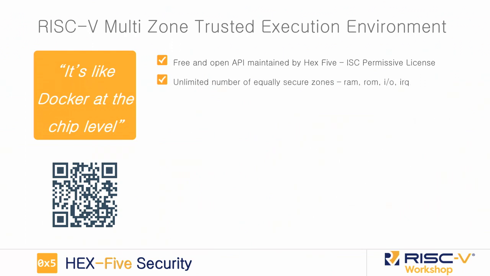It gives you an unlimited number of equally secured zones. That's another difference, right? There's no concept of something being more secure than something else, because if you break into the weakest point in the chain, then you're in. So everything needs to be secure. But what is also very interesting with this proposal is that you can map all the resources in the system to specific domains, to specific zones. And that's not just your code, your text segment, or your data segment for the RAM. It's every peripheral, and you'll see an example.